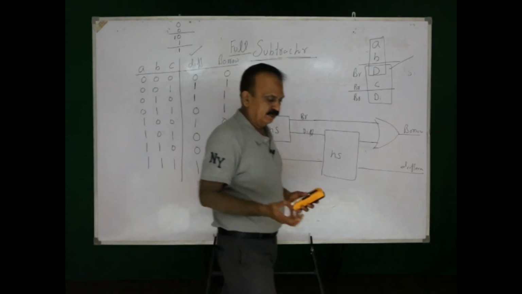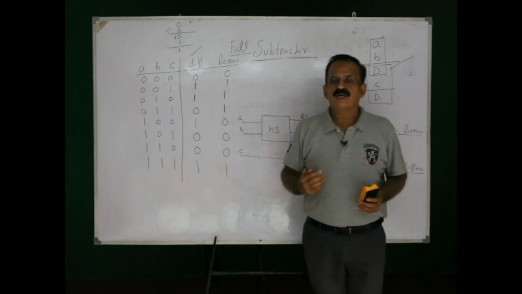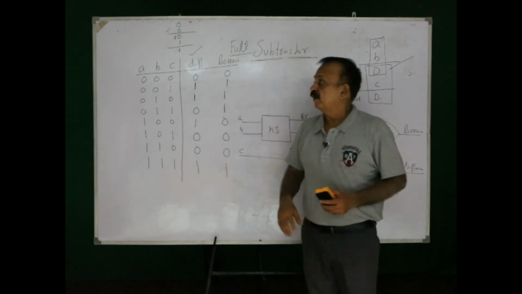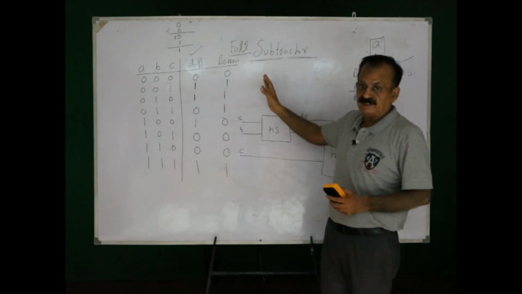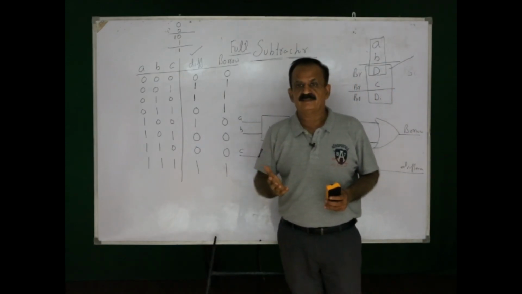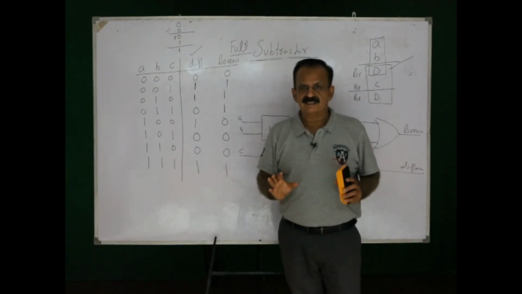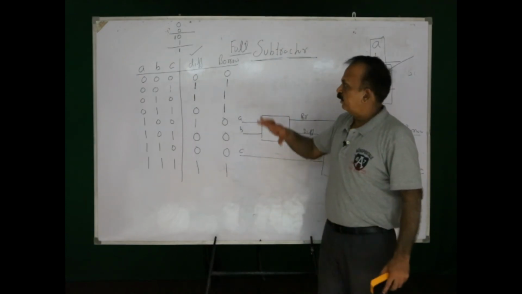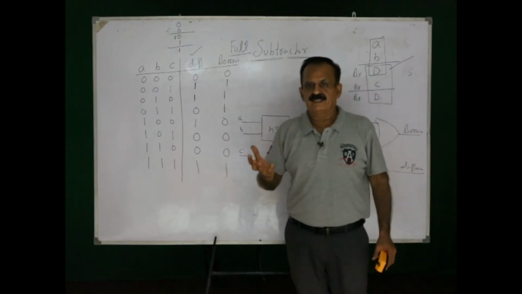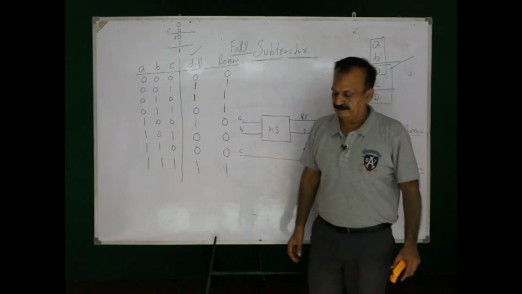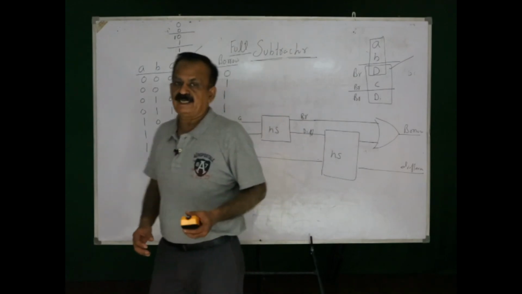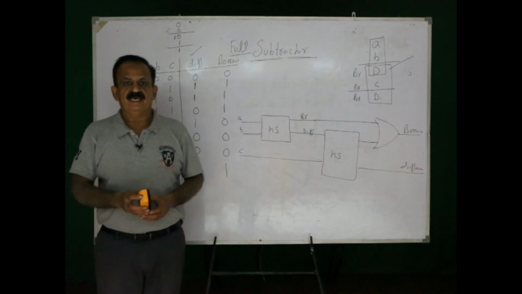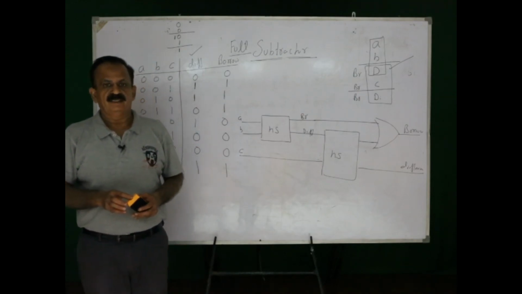With these questions there can be an additional one: what is a combinational circuit? What do you mean by a combinational circuit? Whether the full subtractor and half subtractor are combinational circuits or not? Our answer will be that these are combinational circuits, right. And how can we implement the full subtractor and half subtractor circuit? These implementations can be with simple gates, and even with the help of universal gates.